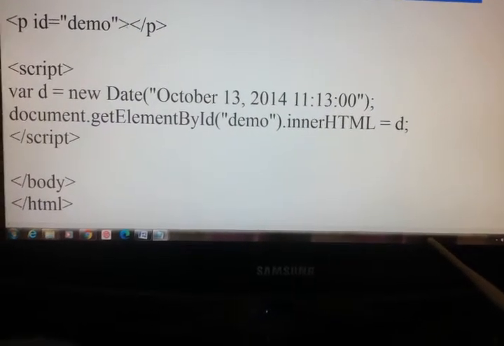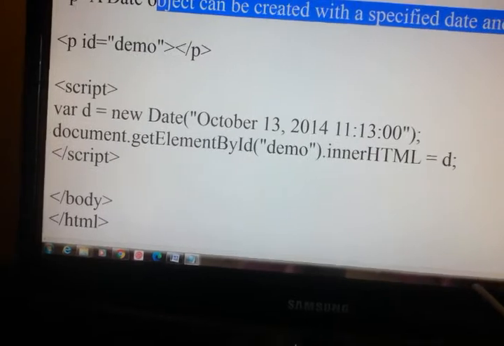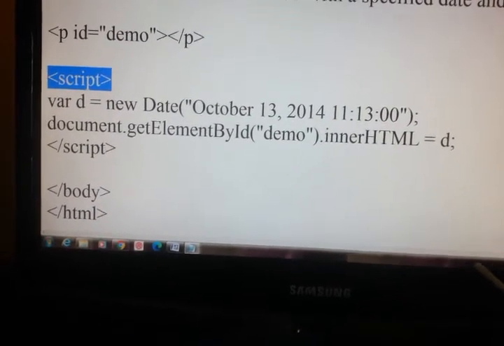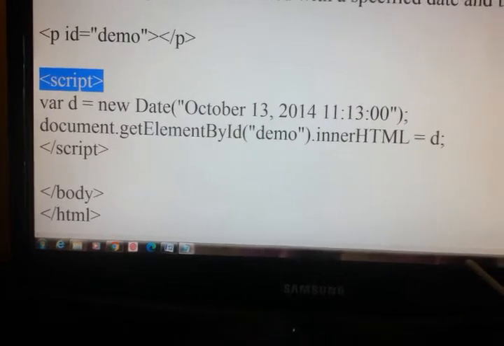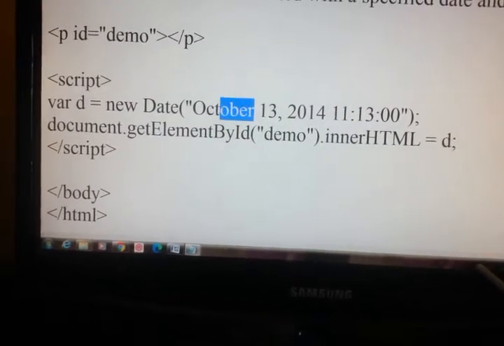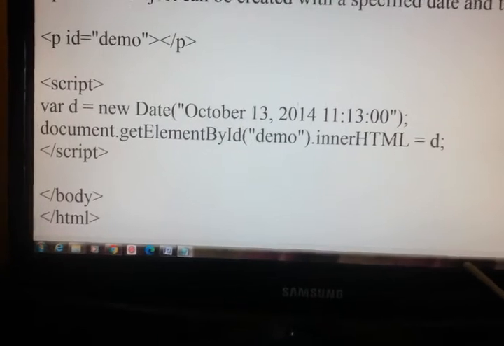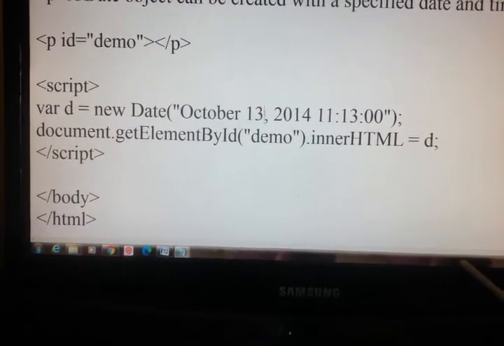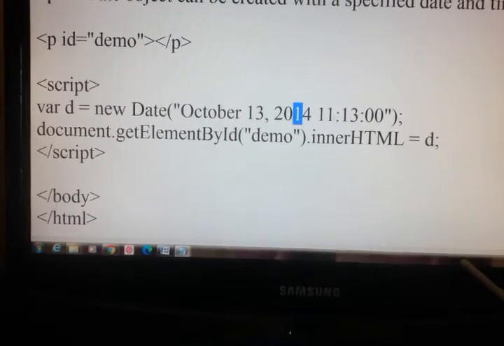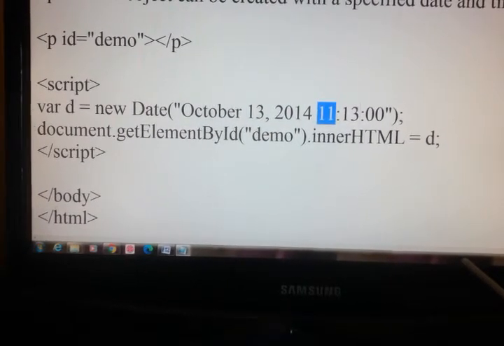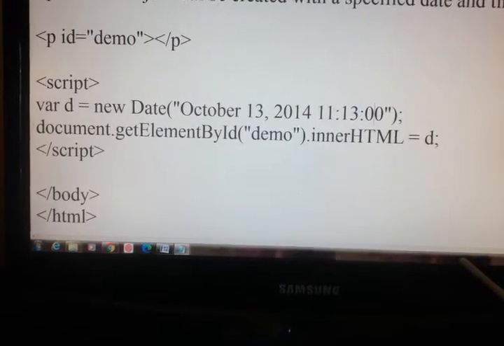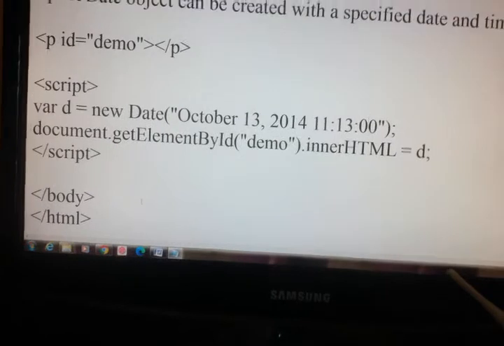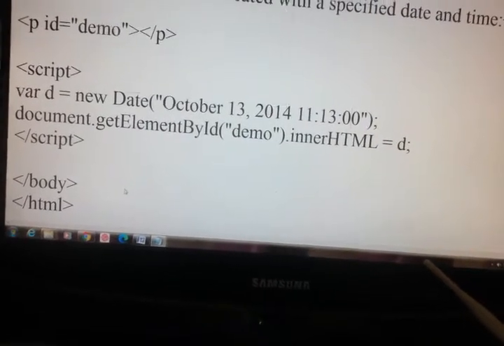P id is equal to demo within double quotes, close P, script, variable d is equal to new date, October 13, 2014. So this is month, day, year, hour, minute and second, just given in double quotes, so it is accepted as a string. You just see what will generate.